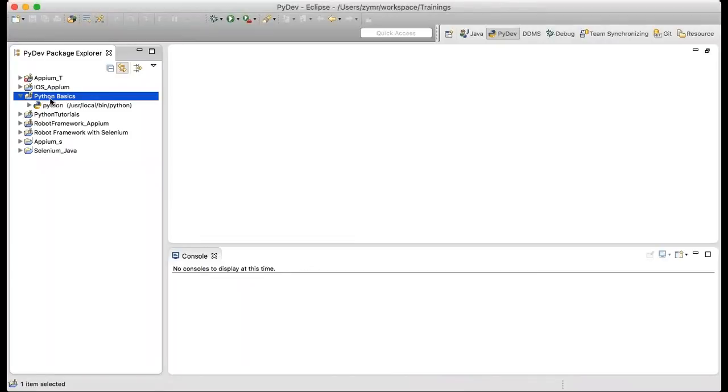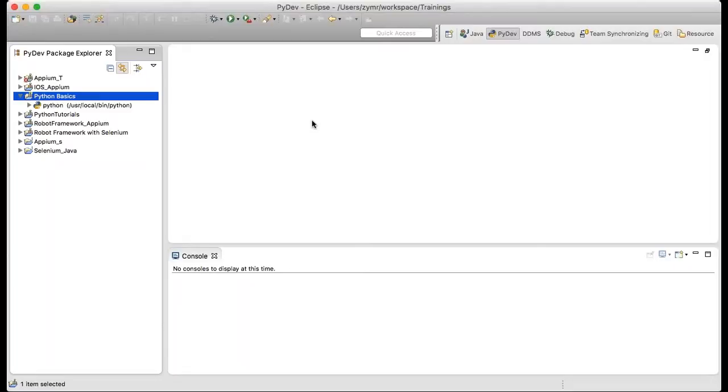To start with the basics, whenever we start learning any programming language, we always start with the print hello world kind of thing, right? So today I will show you a simple script. First I will show you the print statement, how we write it in Python.